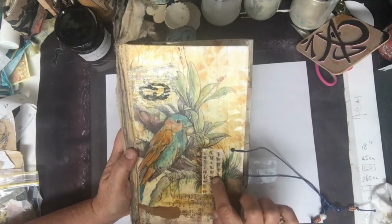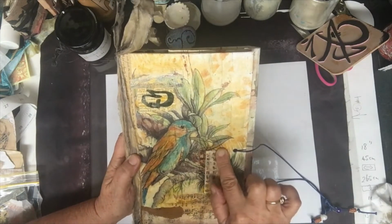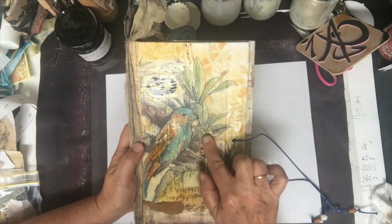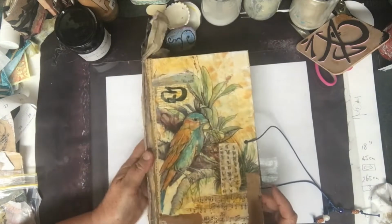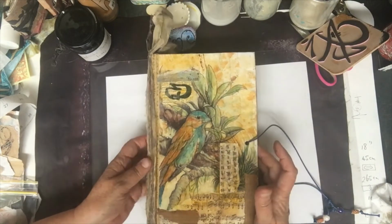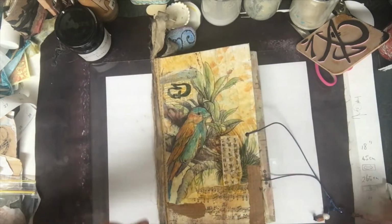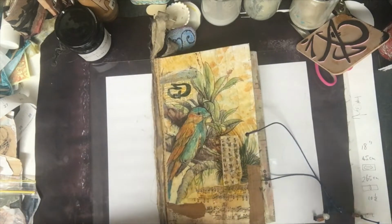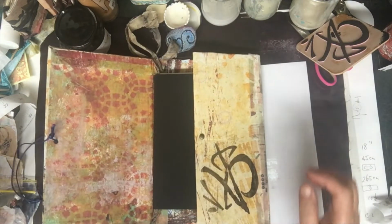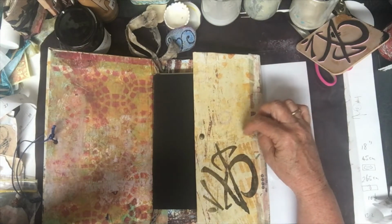Okay, so I've just actually glued on some more Chinese writing onto there. And I've added actually a bit more colour to that, so it's nearly at its end, nearly at the finish. Okay, so here on this page I'm going to do a little bit more work, but